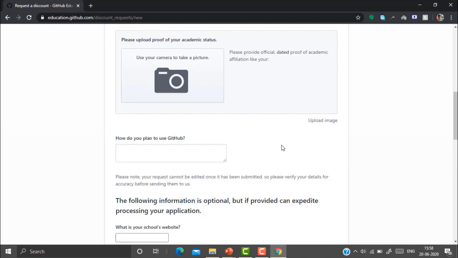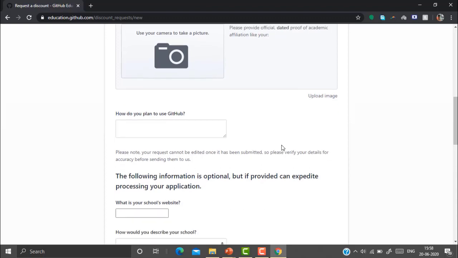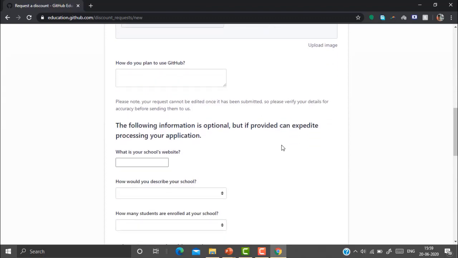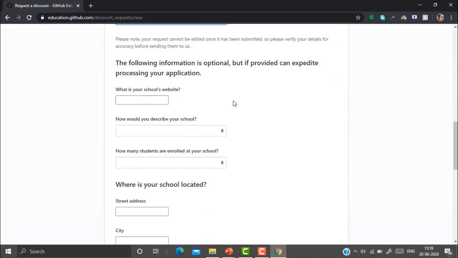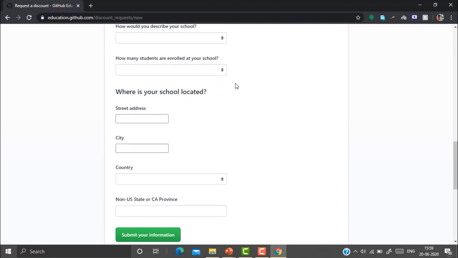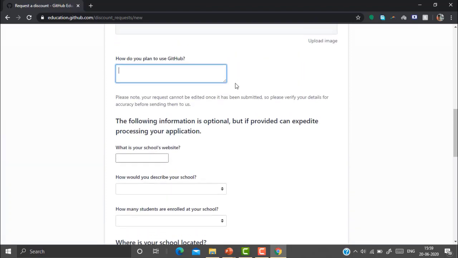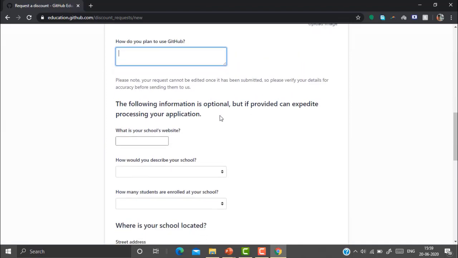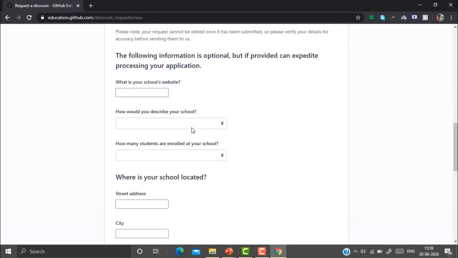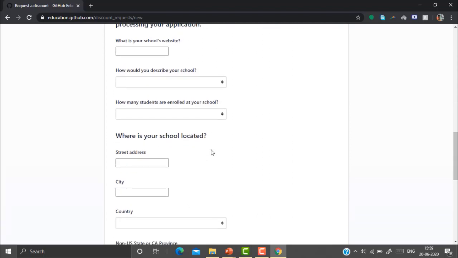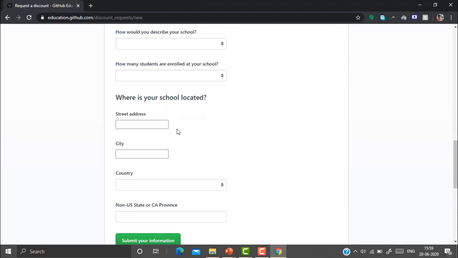We need to mention how we are going to use the GitHub education plan. Just type in anything. These are the things you will need to fill in if your school name is not listed: your school's website address, a description of your school, how many students are enrolled, and where your school is located.